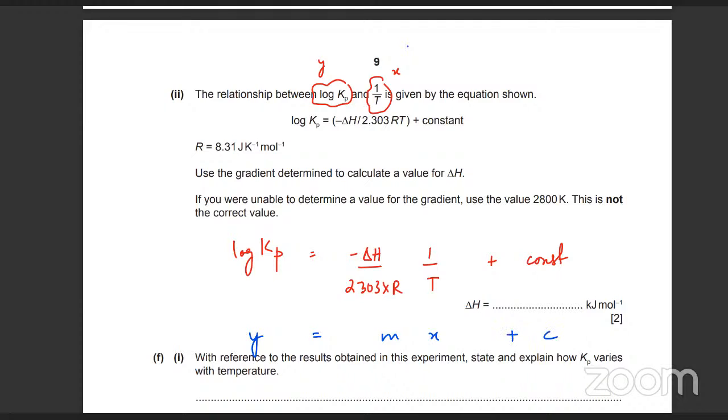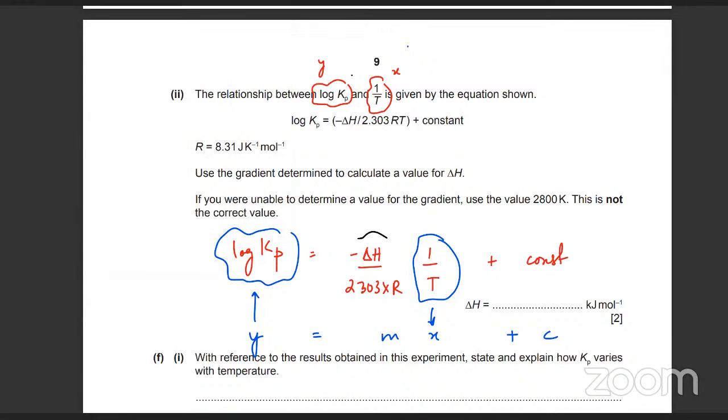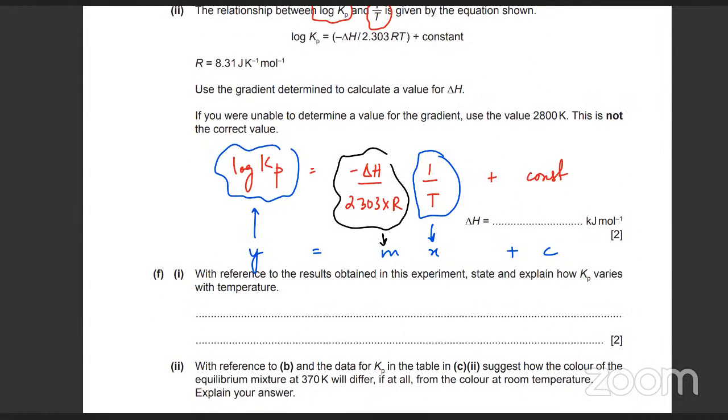Whenever you have a straight line graph, any equation could be converted, even if it's a quadratic equation or a log equation, into a straight line equation by just comparing it. What he did was he plotted log Kp, which was y, versus x, which he took as 1/T. So what does that make m? This thing is your gradient. You just calculated the gradient, right? So what you're going to do is try and solve this. You did calculate the gradient of the graph.